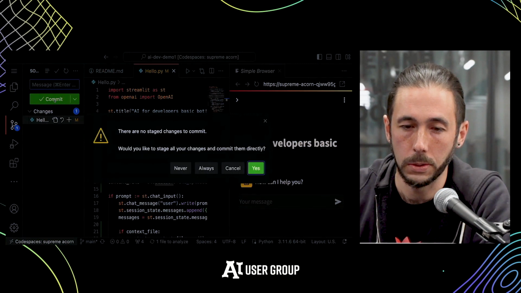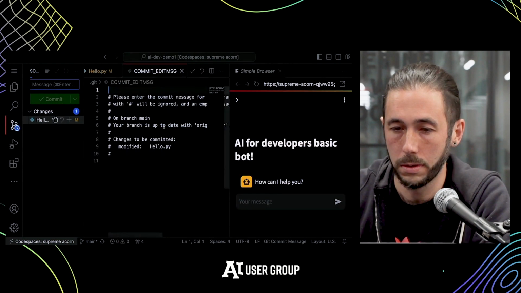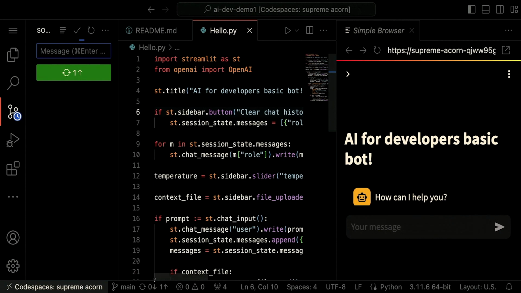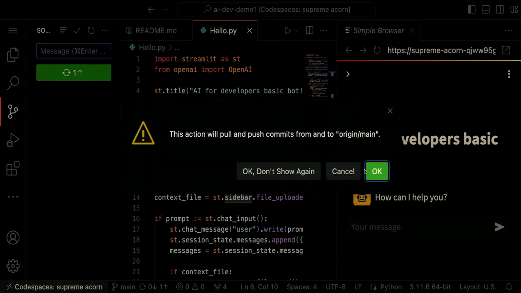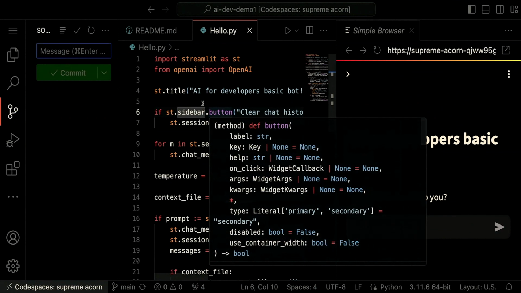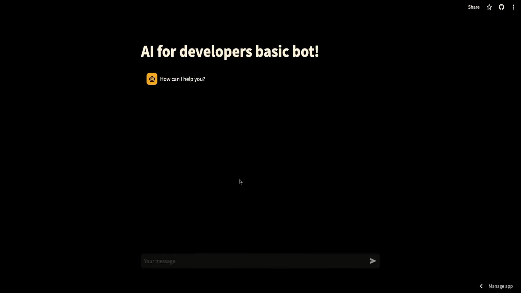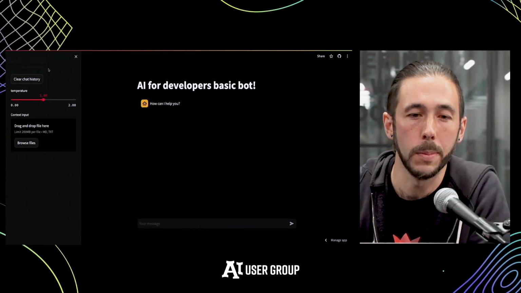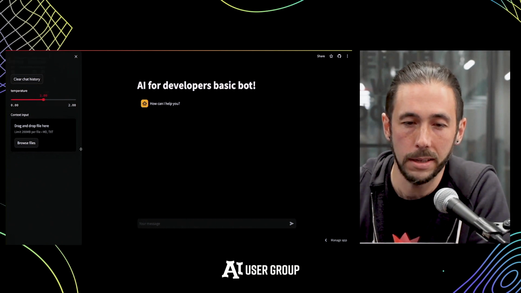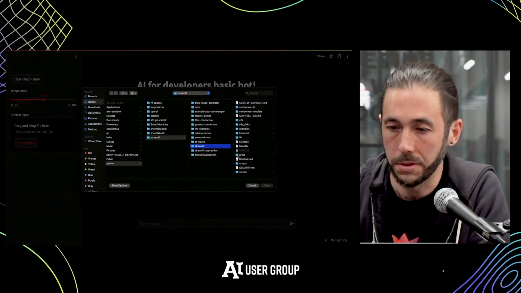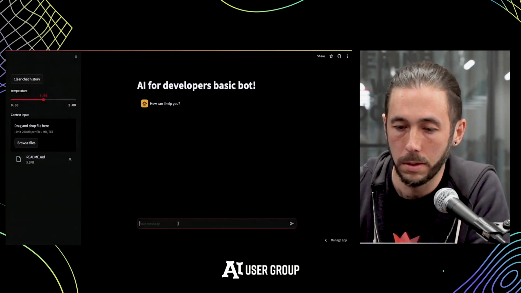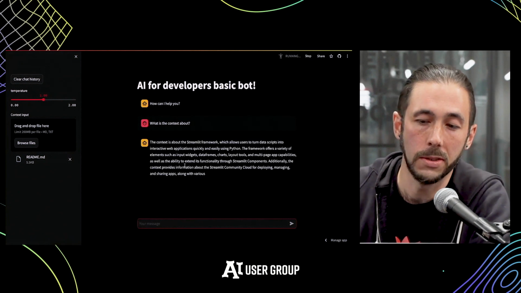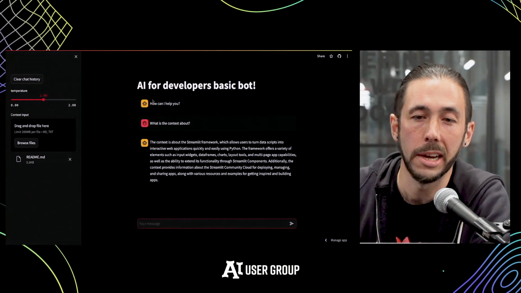So I should be able to just commit my change here. Tell it added some features. And sync that up. And what I will hopefully see, if everything is in my favor, is that it's going to reload my app. And there you go. Now on the live app, if you loaded it up, you should be able to take a look. I've got those features that I just added. I'll just repeat the same demo here. What is context impact? And yeah, my changes were pushed to the internet, and the app is now live, and I could keep iterating,